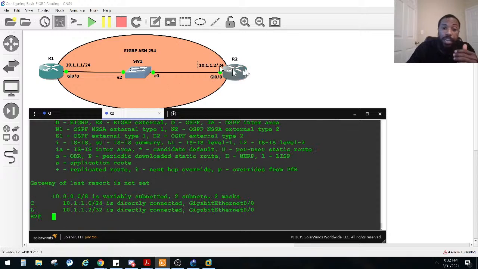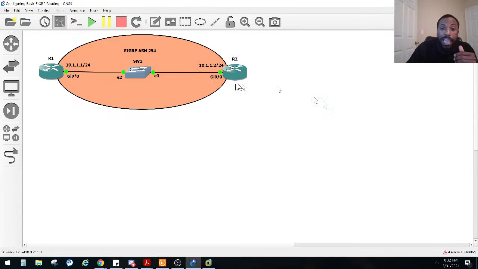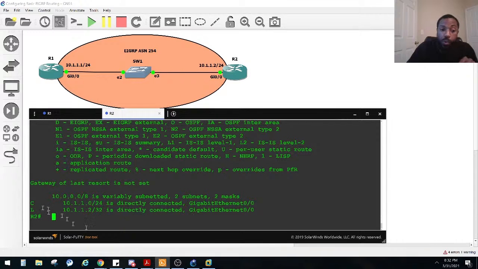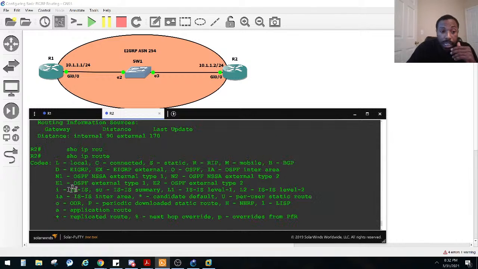Oh, he's not going to learn any routes because they're in the same network. If we put another loopback out here somewhere, and then he knew about a route that router 1 did not know about, and he shared it with router 1, then you would see that he learned that route from EIGRP. So we're not learning any EIGRP routes because guess what? We're in the same network. We already know about that route. We already know about this network, right? So, and they are connected, and it's local. So that's why you're not going to see any E's here,